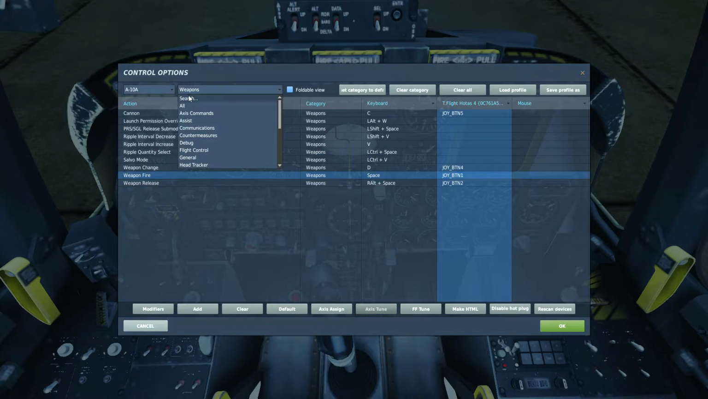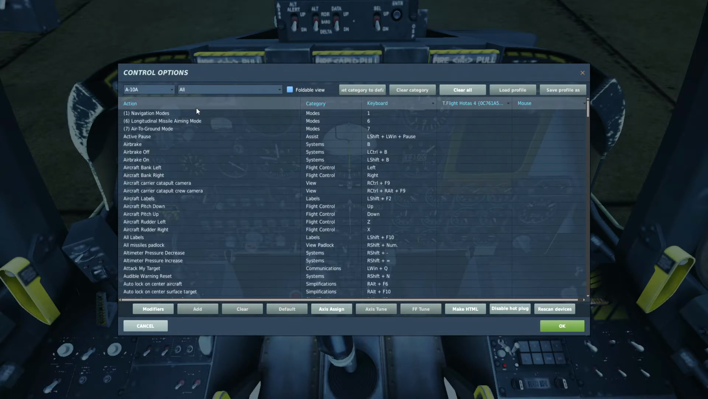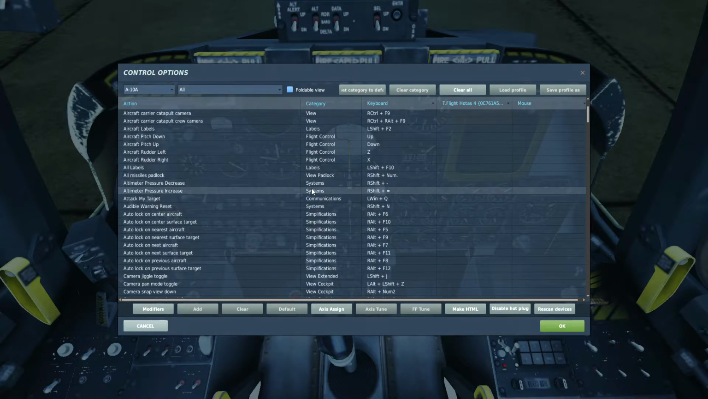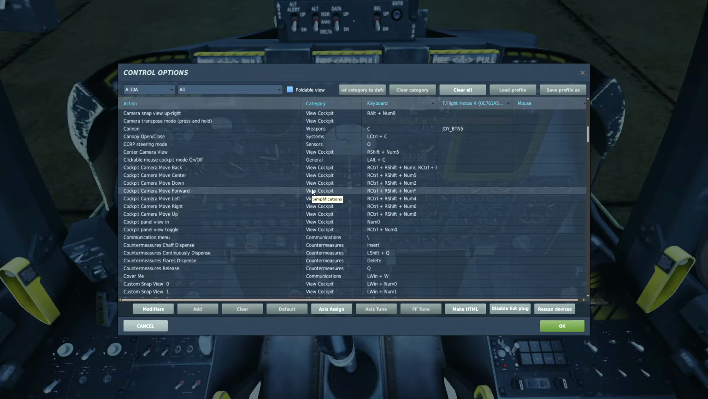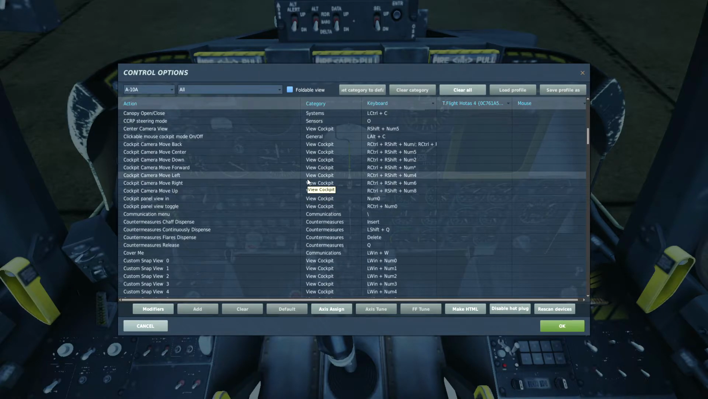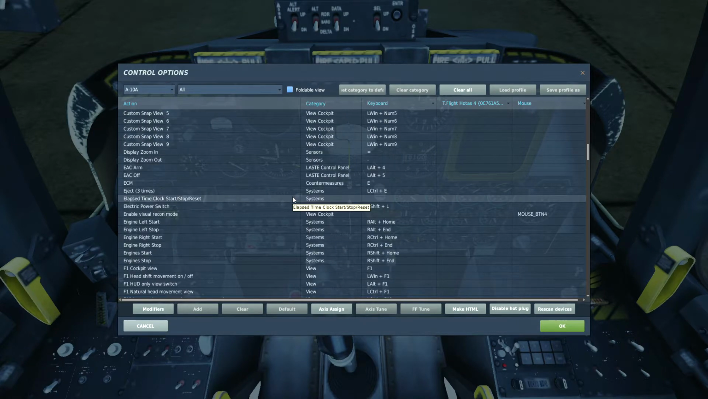Then I am actually going to link my profile to you guys for you to download. So you guys have the T-Flight Hotas 4 joystick, either PC or PS4 edition, either or works. Now, for the weird part,